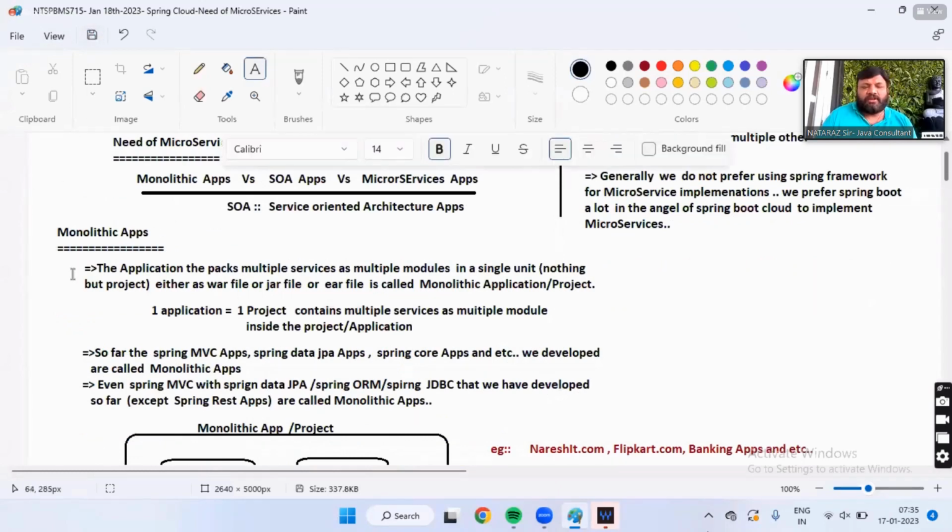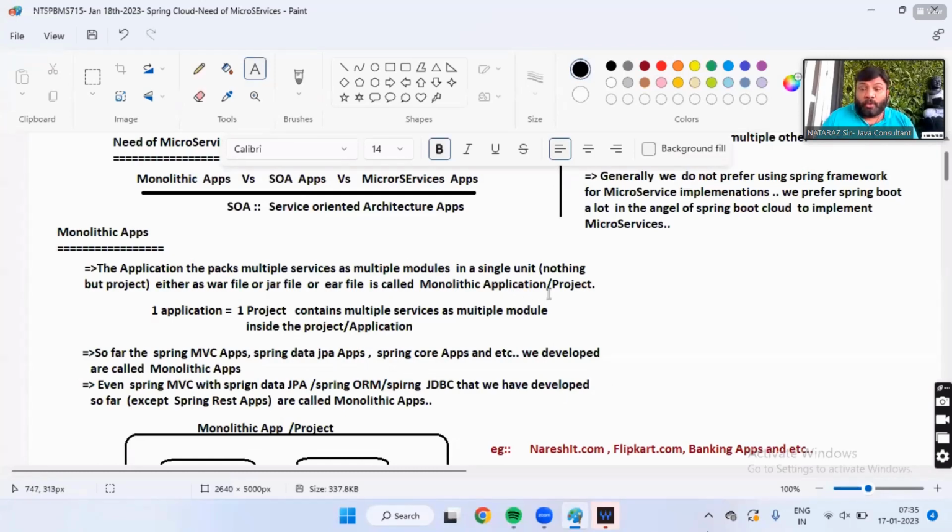Now let's understand what monolithic applications are. An application that packs multiple services as multiple modules in a single unit, a project, either as a war file, jar file, or EAR file, is called a monolithic application or project. Monolithic is also one kind of architecture.